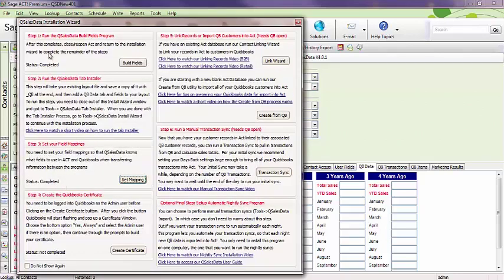That's completed. So notice we got step 1, step 2, step 3 completed. Now let's create the certificate. So we need to have QuickBooks open, the appropriate QuickBooks file. If you have multiple QuickBooks files, you need to have the one that goes along with this ACT database. So if you have multiple ACT databases and multiple QuickBooks databases, just make sure you have the matching two open